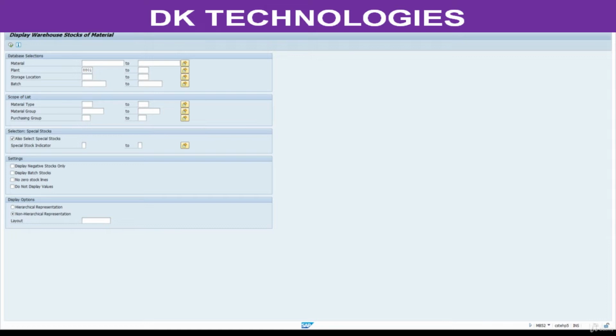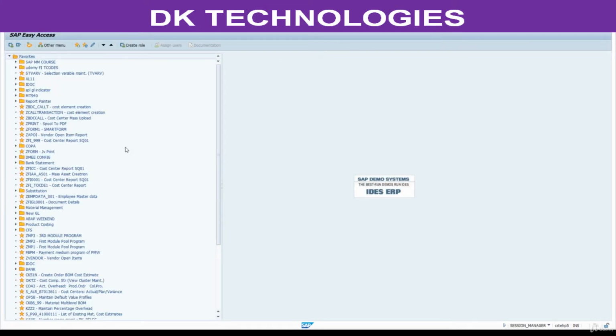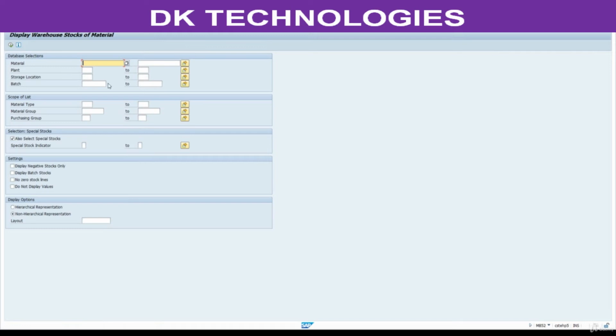Maybe we need to log off. Now check MB52. We don't have anything here. Once I log off, it got cleared here. Now I want to default plant here. I want to default a purchasing group here. Now go to SU3. You can also navigate to SU3 from here as well. End user profile, own data. This is the path if you want to go to SU3. If you don't want to use this path, you can go directly to SU3 T code.